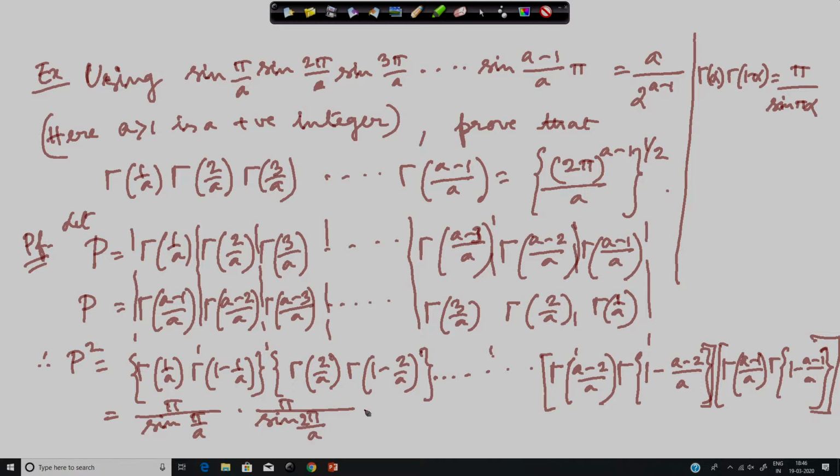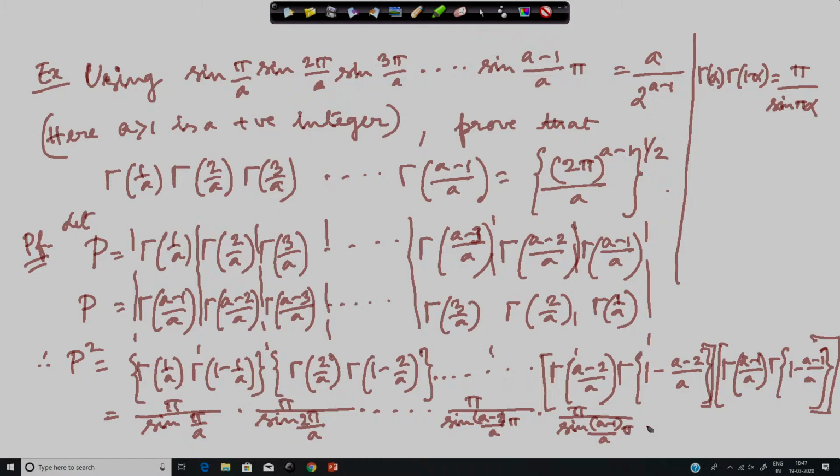Continuing in this way, there will be gamma of a minus 2 by a, pi by sin of (a minus 2) by a pi, and pi by sin of (a minus 1) by a pi. Okay. Therefore, well,